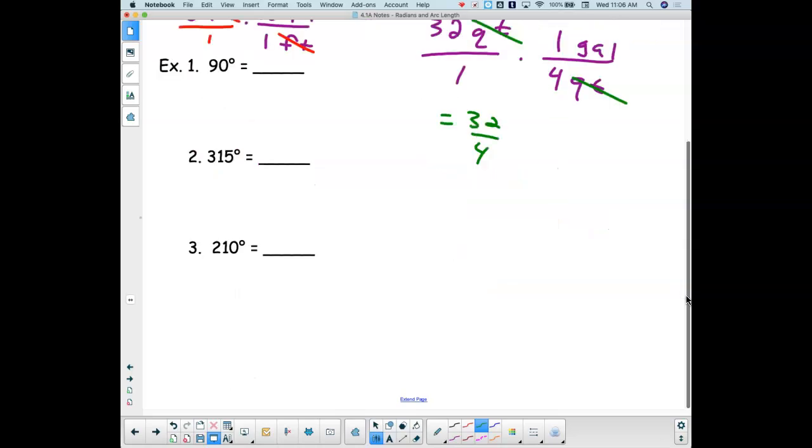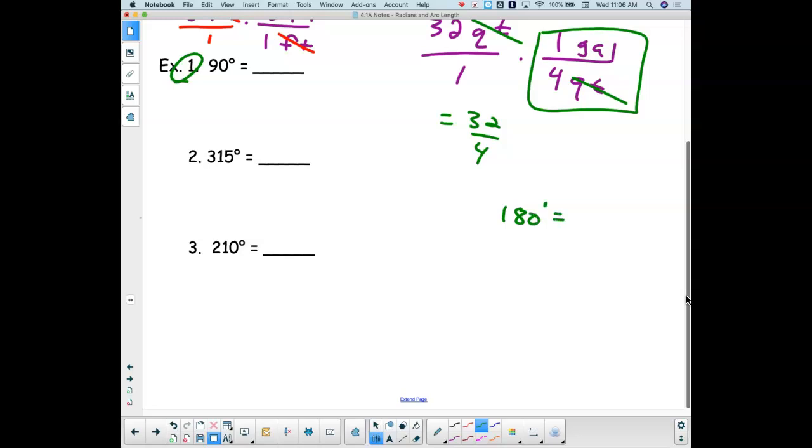All right, so now I'm going to do the same deal with example 1 here. We're going to go after this 90 degrees. But think about 90 degrees. We have to figure out what fraction that's equal to 1 dealing with radians and degrees. Oh, I remember that from yesterday. What did we come up with? We said that